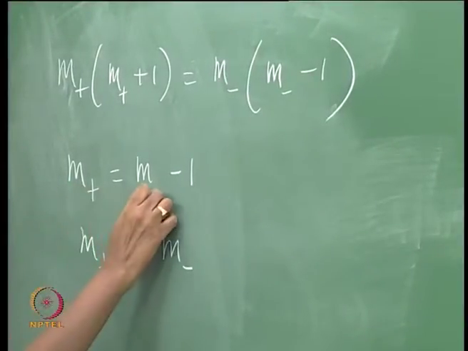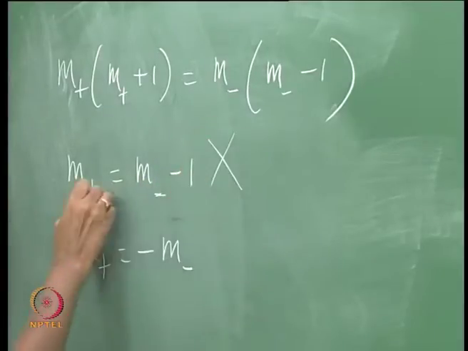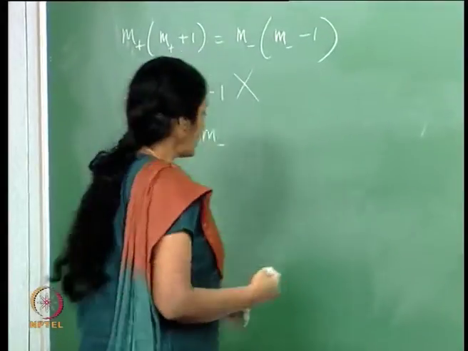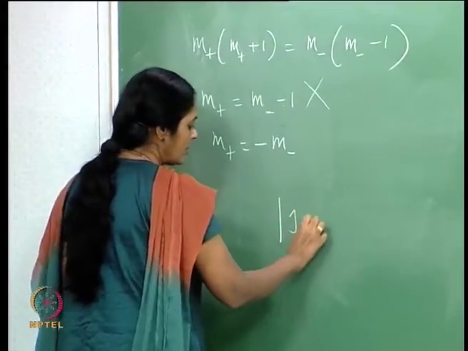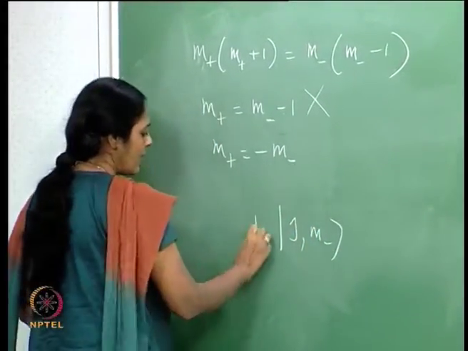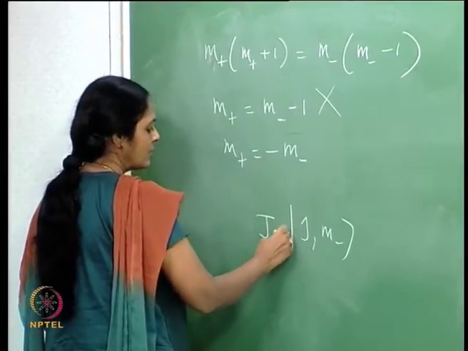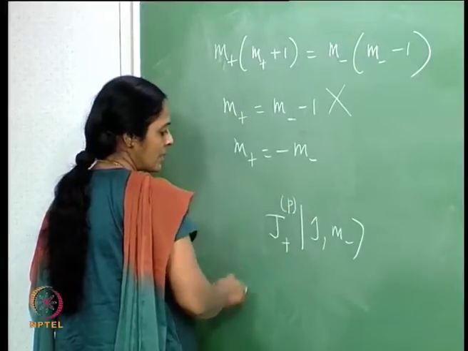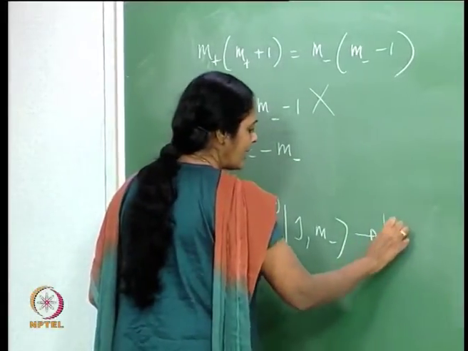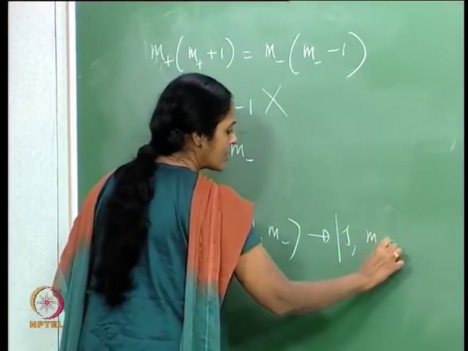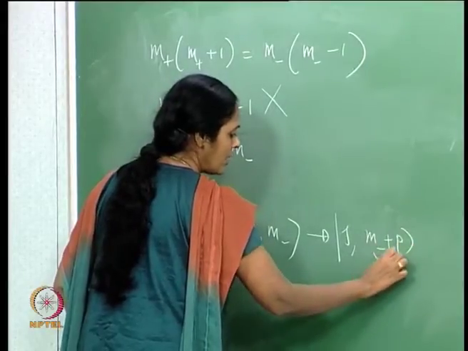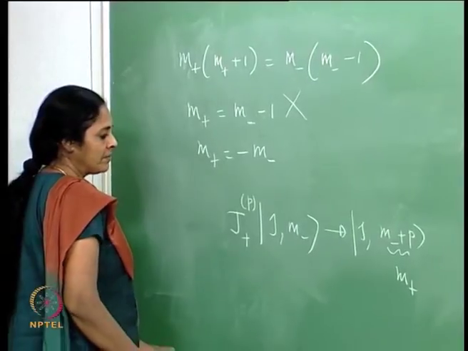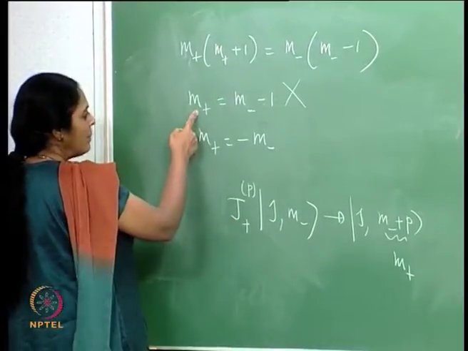We need to understand that this is not possible. This is not possible because if I had started with the state j comma m minus and repeatedly applied j plus on it to the power of p perhaps, I would have landed in a state m minus plus p, and m plus was the highest value that it could have taken, as a result of which m plus is